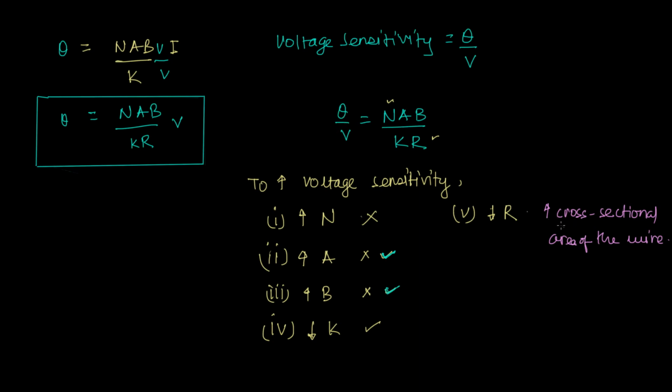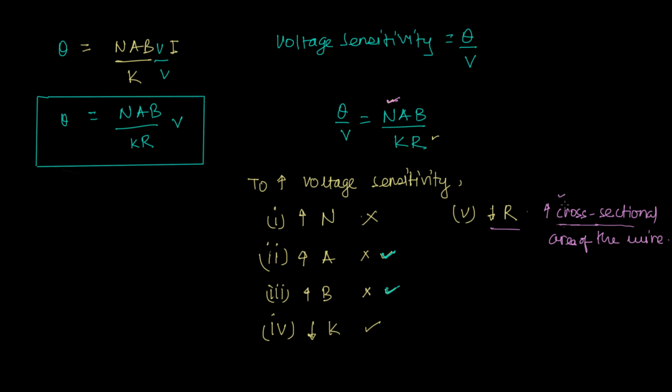But here also you should be a bit careful, because if you increase the cross-sectional area of the wire, now you will not be able to wind that much amount of wire on the soft iron core, right? So somehow correspondingly at times the number of turns also goes down. Okay, and if that does not happen, and maybe we are able to varnish it properly and mount it properly, then you may say that yes, to an extent,